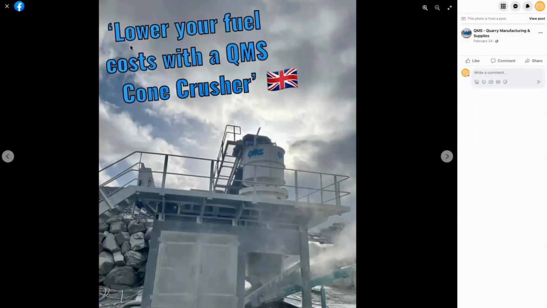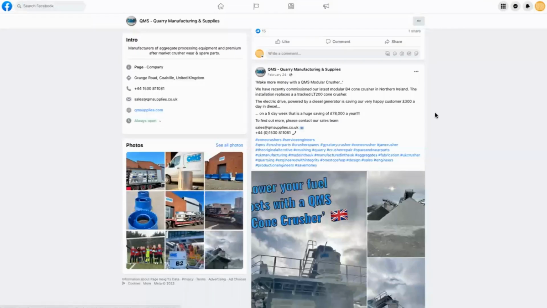So again, it would capture your attention, and just keeping it short and sweet on how you can save money, and then get in touch. So there's a really good call to action. So if you want to capture attention, anything such as saving money will always be in your headline.